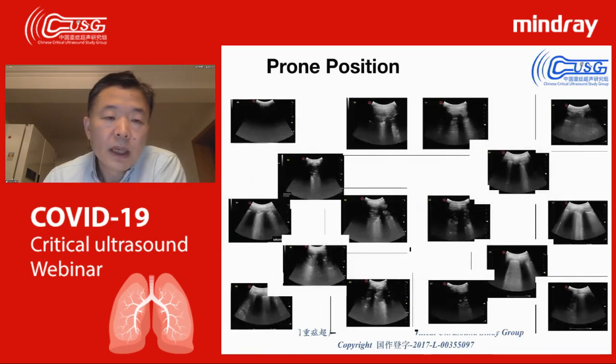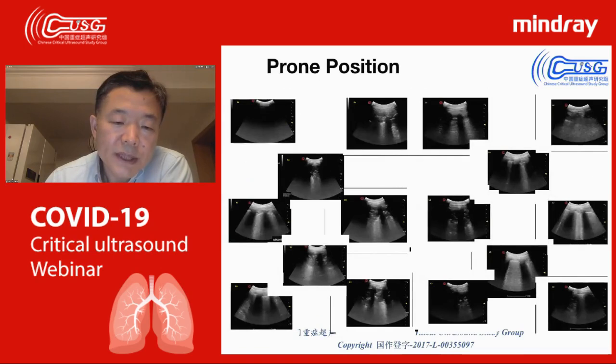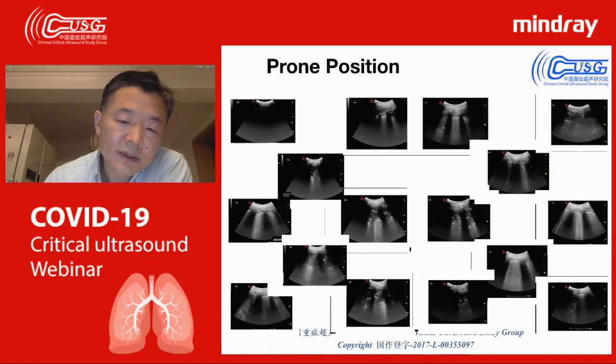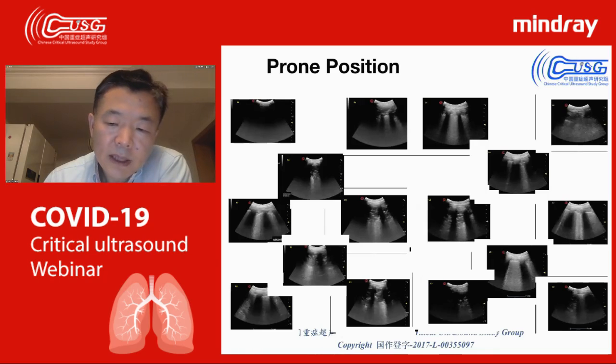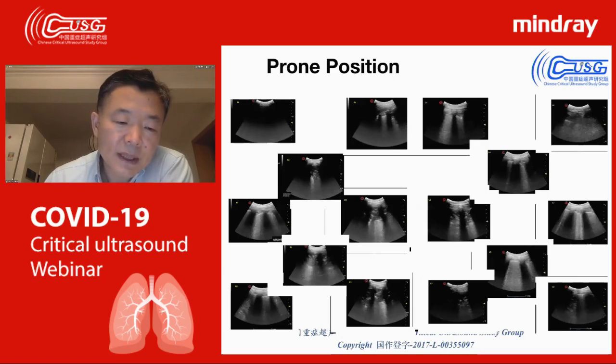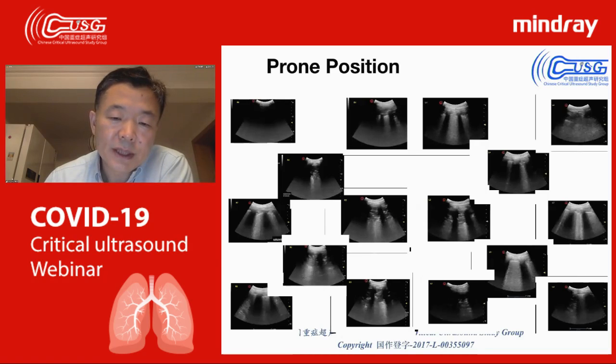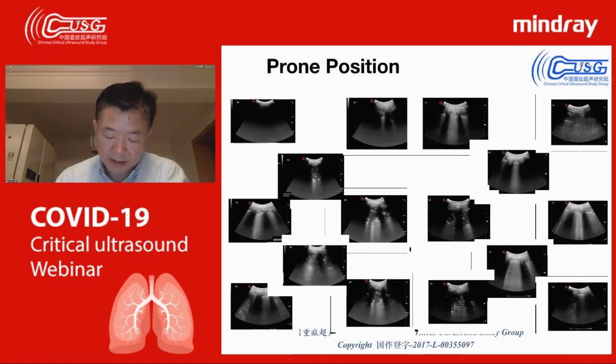So during the prone position, they did this kind of lung examination. You see the lower part, the backside. During this condition, you can check the backside and also the lateral of the chest. You see most of the part is consolidation. And after this prone position, the patient's condition is getting better, changed for the better than before.